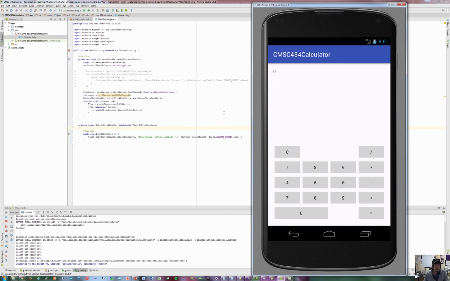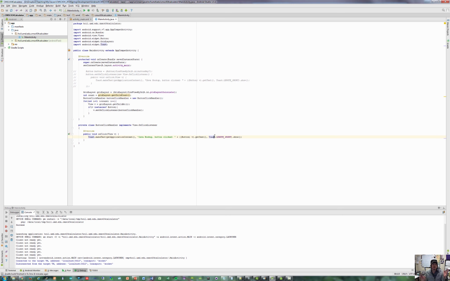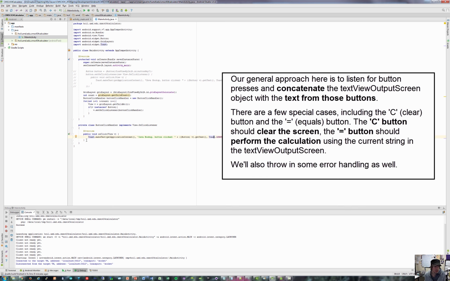All right, so the next step is now to actually set up some calculator handling. So we're going to get some input and some operators, and then we want to display a result. We haven't done that yet, so that's the next step. All right, so the first thing we're going to do is capture the click, and then we're going to add the key that was pressed to our output screen. So let's comment out this toast,